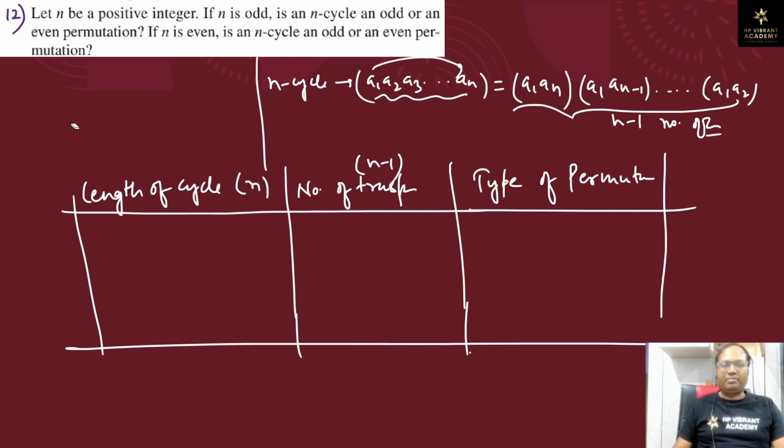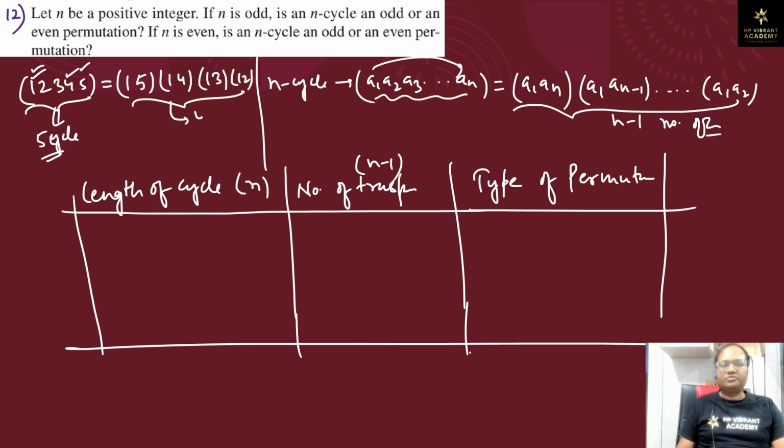Let us take an example. Suppose we have a cycle like this 1 2 3 4 5, ठीक है। ये क्या हो गया तुम्हारा 5 साइकिल। तो n minus 1 कितना हो जाएगा 4, मतलब 4 नंबर ऑफ ट्रांसपोजिशन आता है। तो let us check this, let us write down in the terms of transposition. So first element and last element, so 1 5, now we have 1 4 first element and second last, similarly 1 3 and 1 2। तो कितना आ गया 4 नंबर ऑफ ट्रांसपोजिशन आ गया ना।